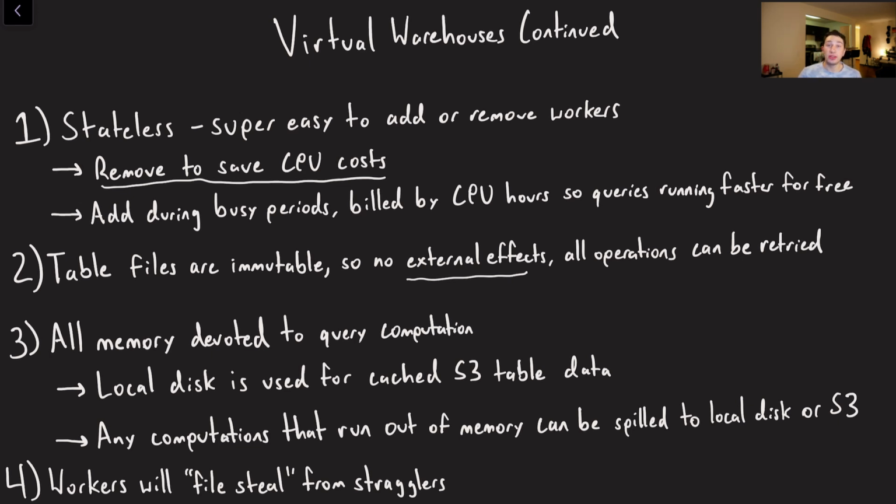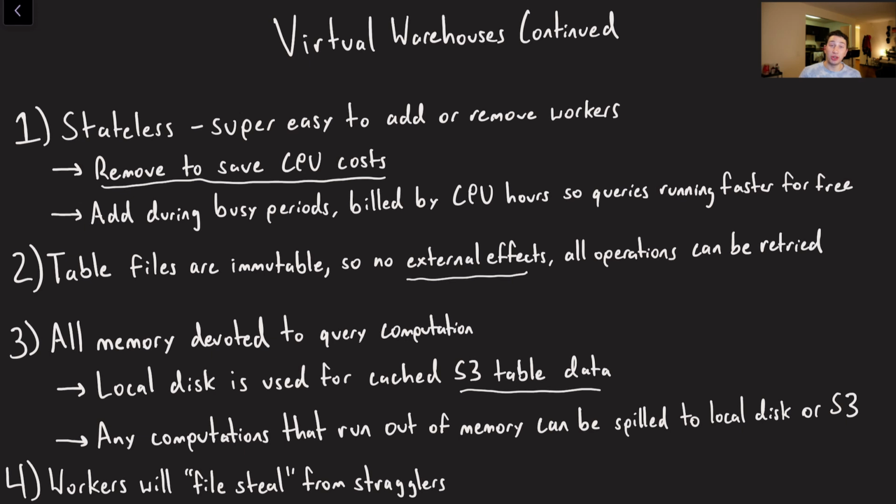Additionally, all the memory on the virtual warehouse workers themselves, like I said, is devoted to query computation, not caching that S3 table data, right? That is all going to be done on local disk. When the writers of the paper were evaluating this decision, they basically said, listen, we could have an inner cache of our locally cached data, right, where you take it from disk and also cache it in memory to make those reads even faster. But ultimately they decided, okay, we have all this memory. This memory is better served for actually performing our computations rather than caching a bunch of disk data. We want as much of that available for ourselves as possible.